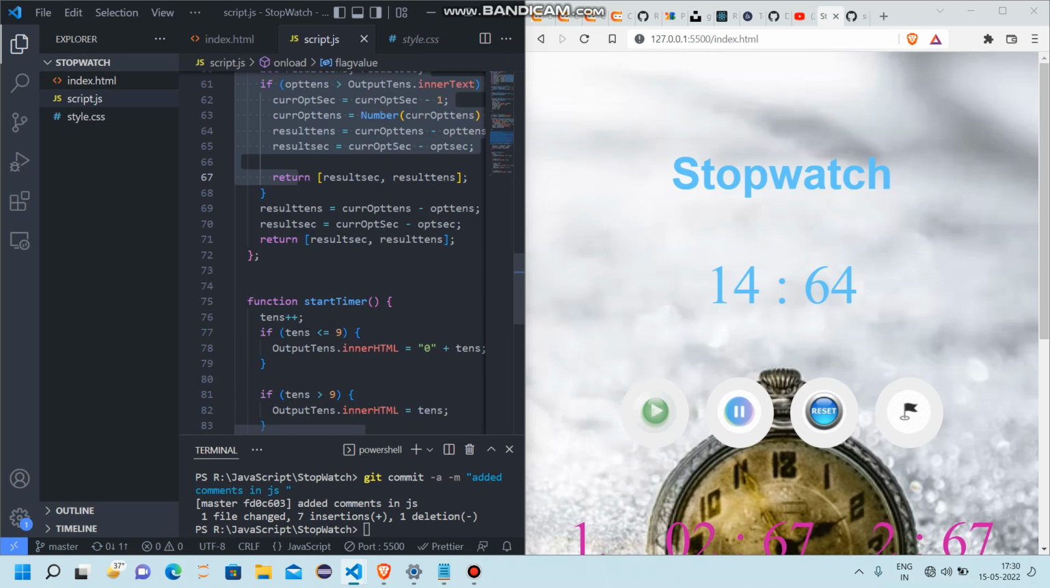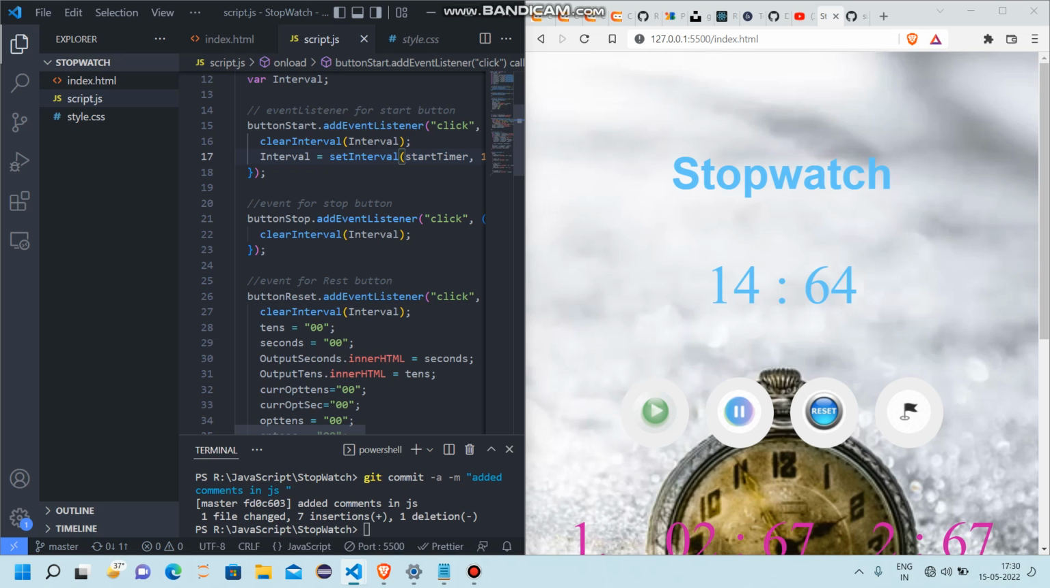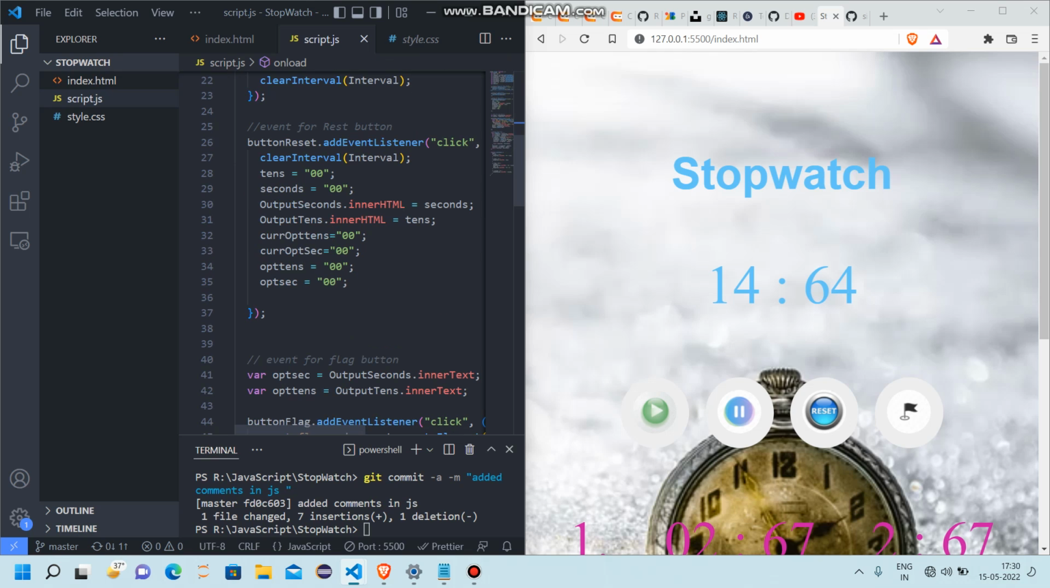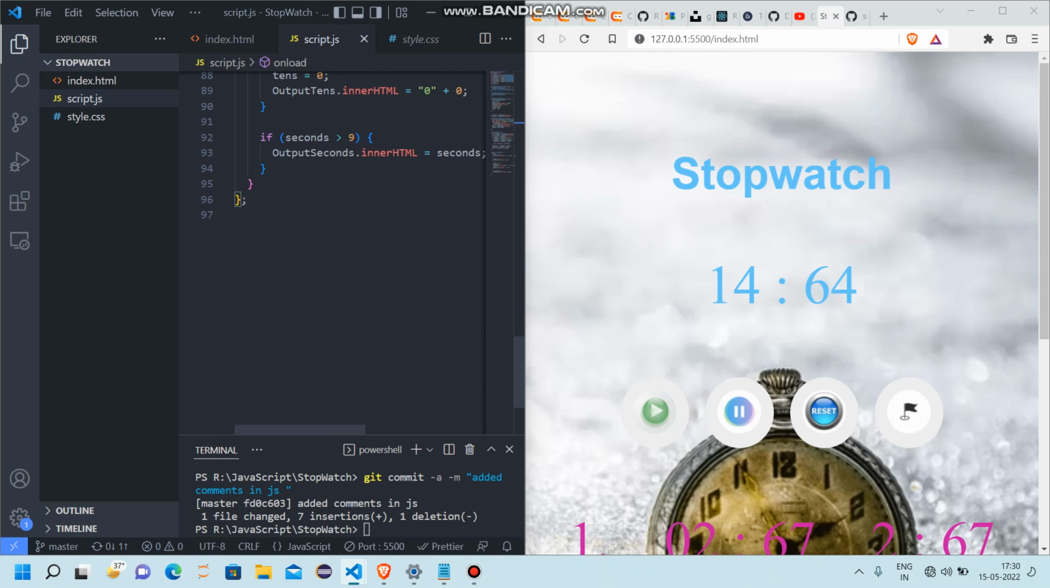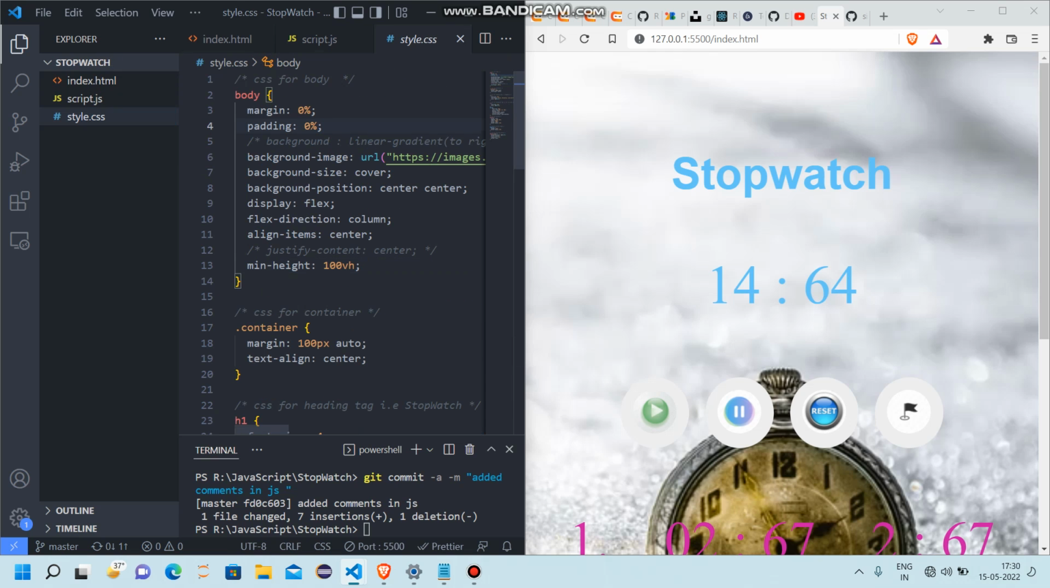And the amazing function here, a start timer. The timer function is used here at the event listener, add event listener. So it's completed. And if I talk about style.css, then I have created a simple style sheet with body tag,